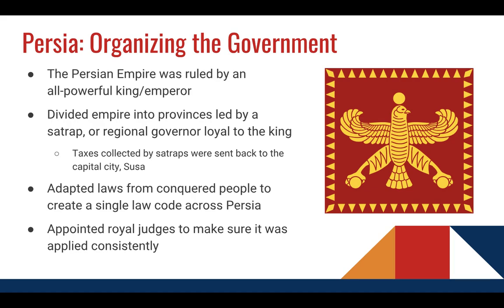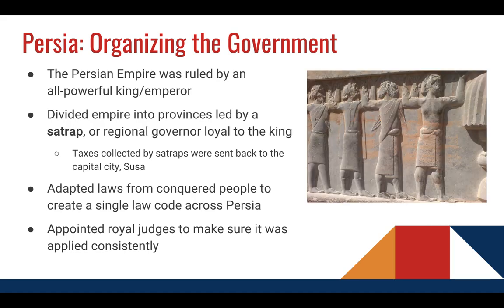So first of all, Persia had to organize the government. Their government was ruled by an all-powerful king and emperor. First, it was a Median king, and he's overthrown by a guy named Cyrus the Great. In ruling this empire, Cyrus conquers a huge territory, and he realizes that it makes it a little difficult to control, right? As the king, you're only in one place, so how can you control an empire that's thousands of miles wide? Well, you need some regional governors who might be loyal to the king to help.